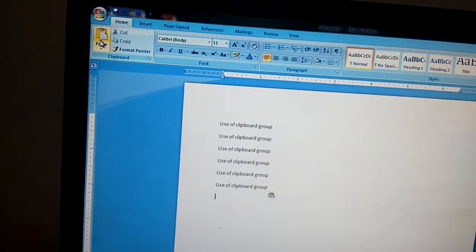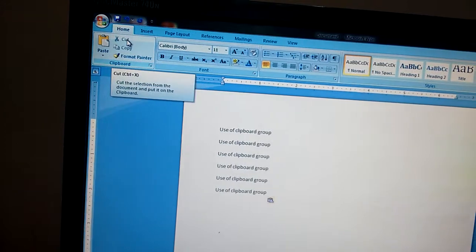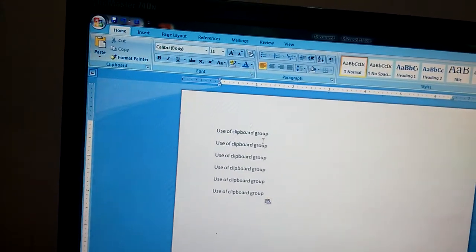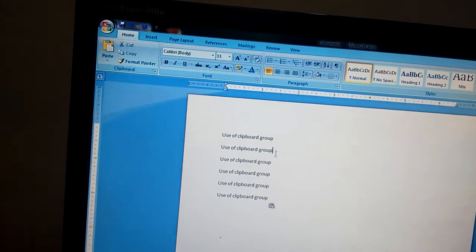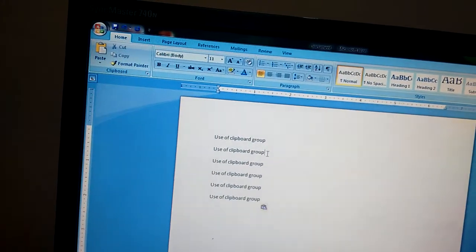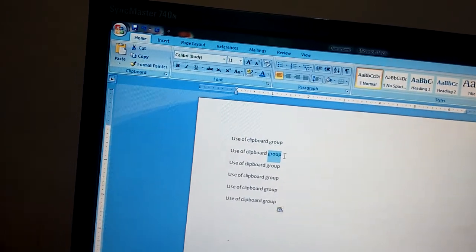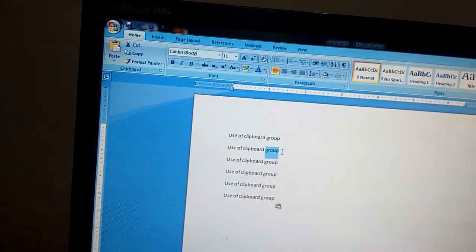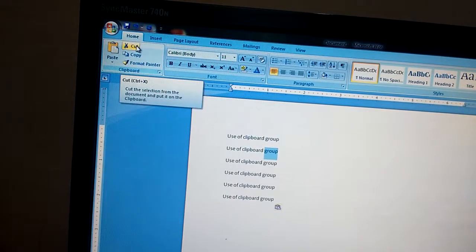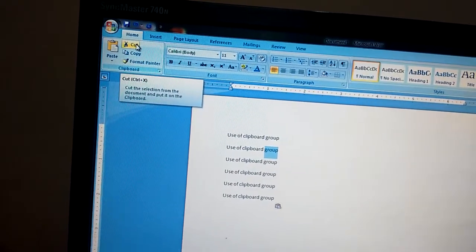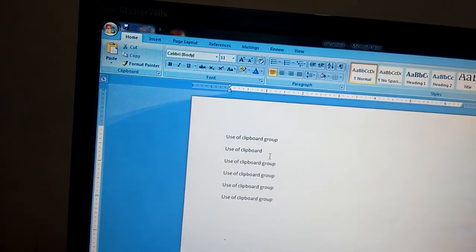Now let's see the use of the cut command. Suppose we want to cut this word, group, from here; we do not need this word here. So firstly we select it and then click on the cut command, and the shortcut key is Control plus X. This is now not here.